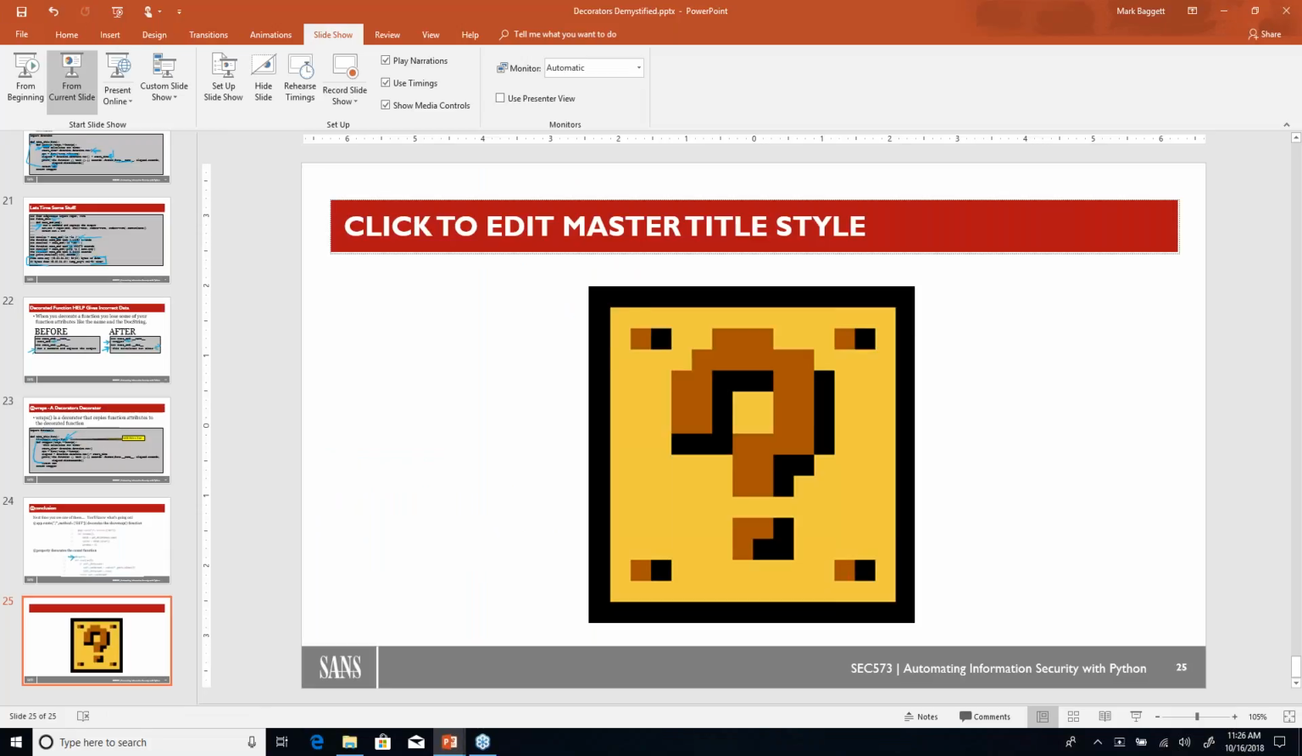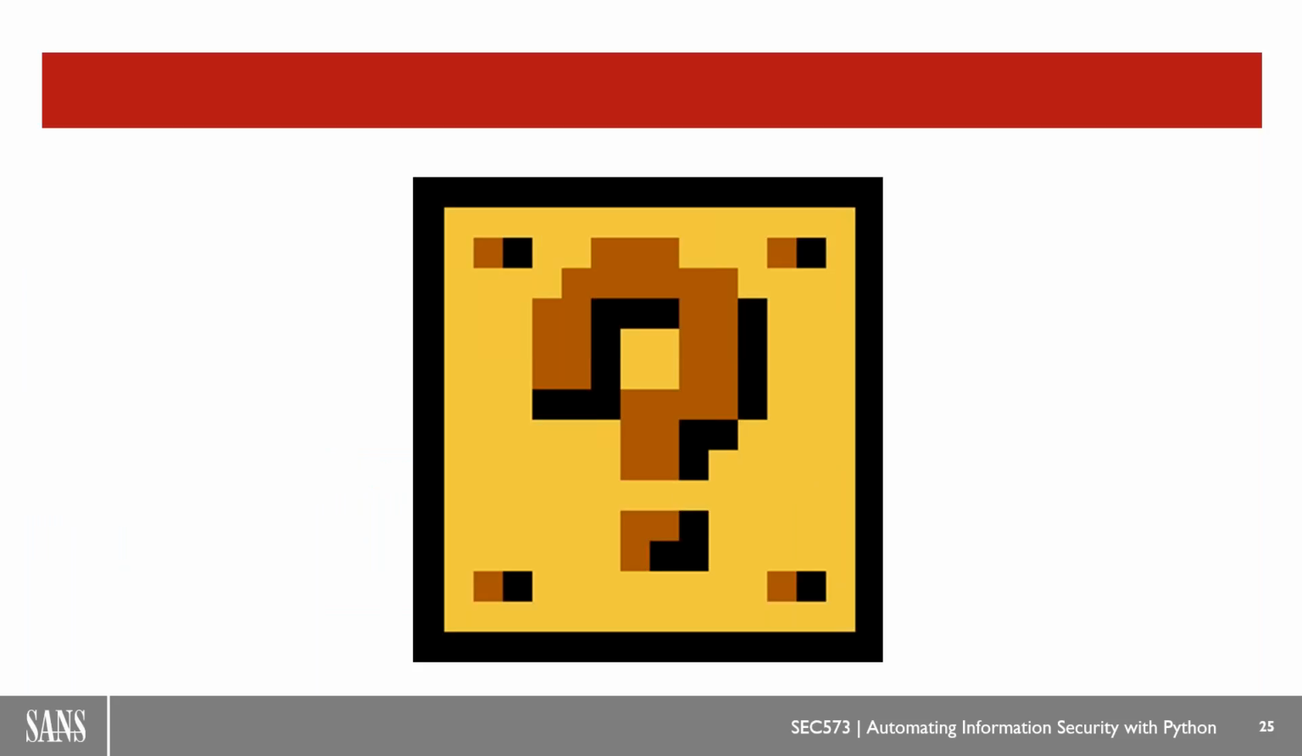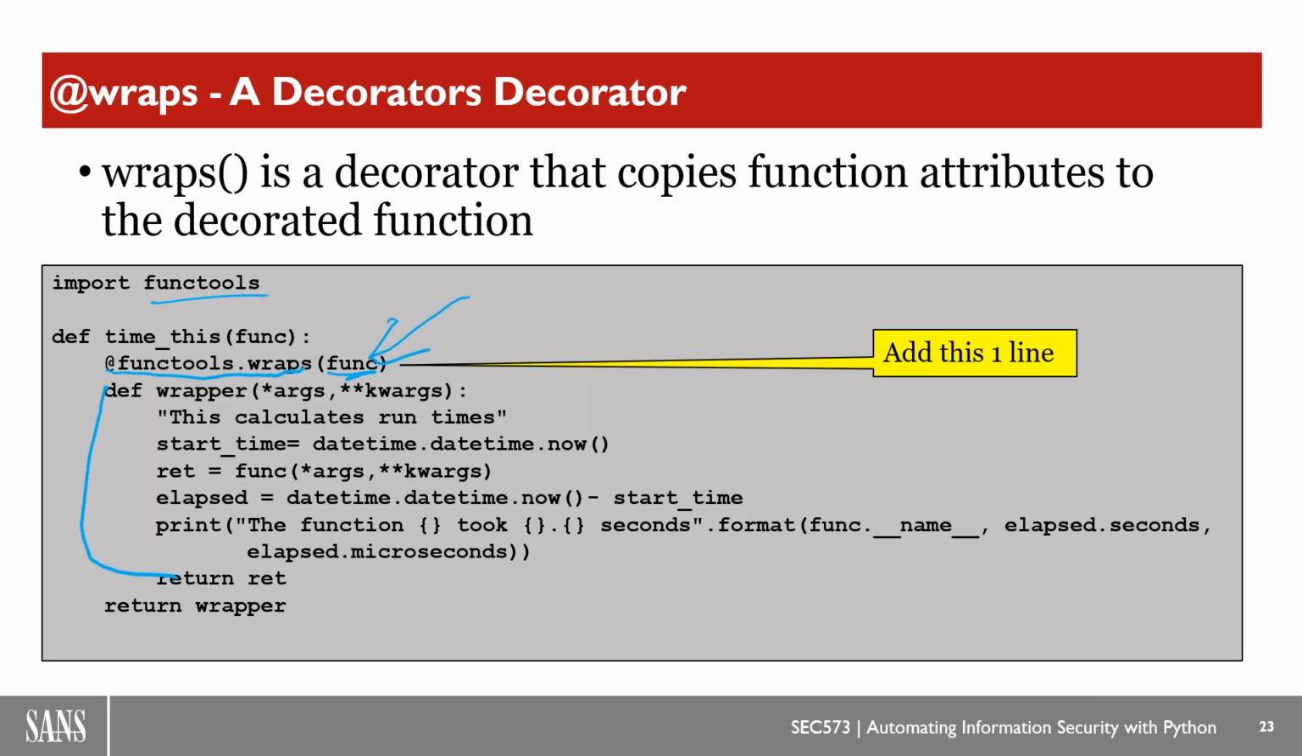Thanks, Mark. Rachel asked, could you give an example where the decorator variables are actually used by the wrapped functions? Yeah, so